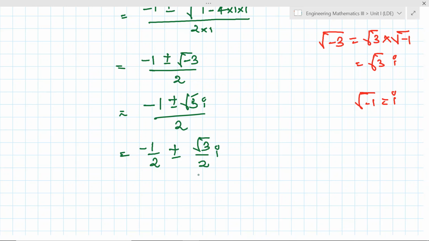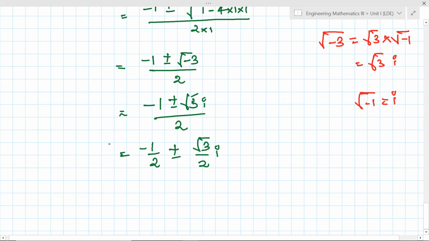I will take an extra session for this. If possible, I will record a video on how to find the roots of the equation, cubic equation, quadratic equation, and all those things. I will share the link to discuss how to find the roots of this quadratic or cubic equation. You just go through that and try to understand, but you must have a calculator to understand that.